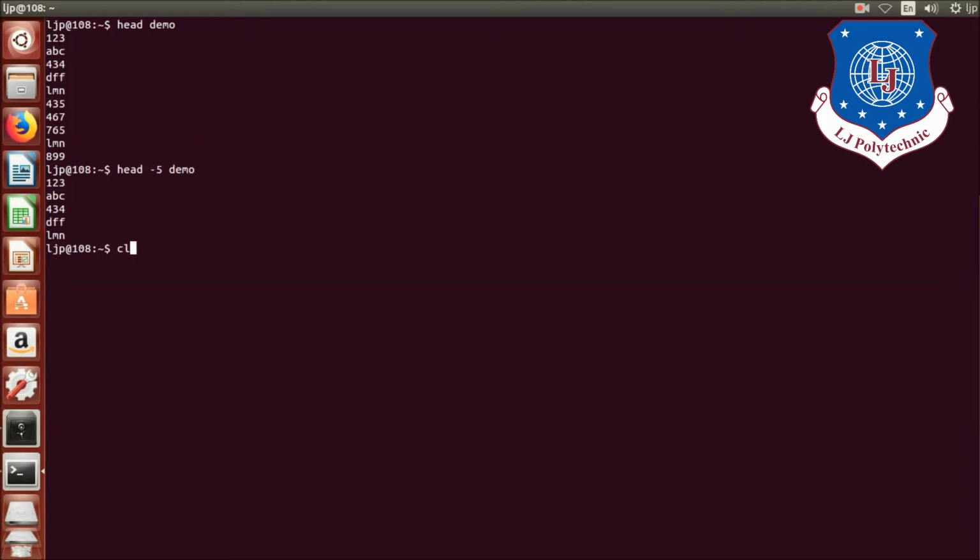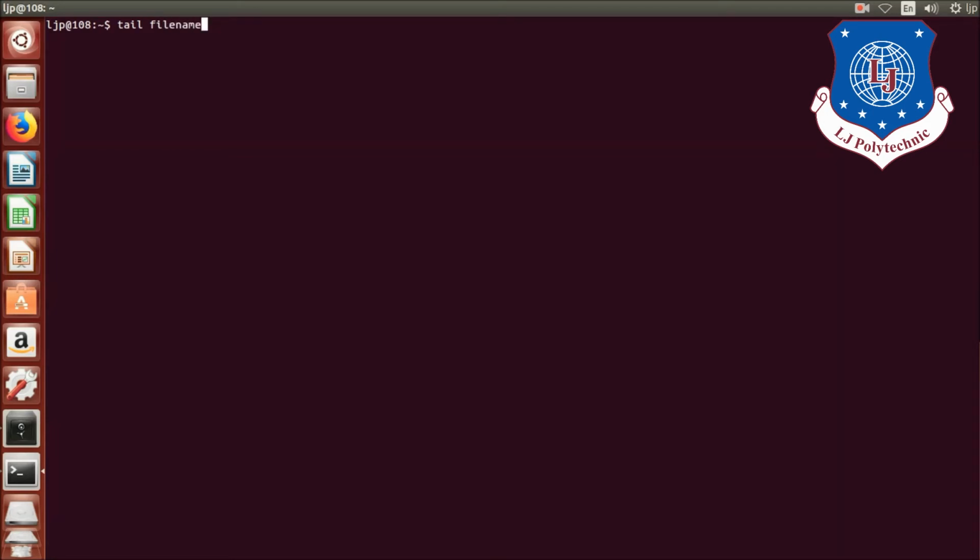Second command which we will see is the tail command. Again, this command is filter related command, and this command is used to print last 10 lines of mentioned file. Syntax for this command is you have to write down tail space file name.